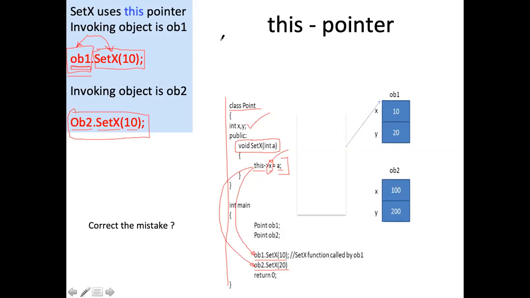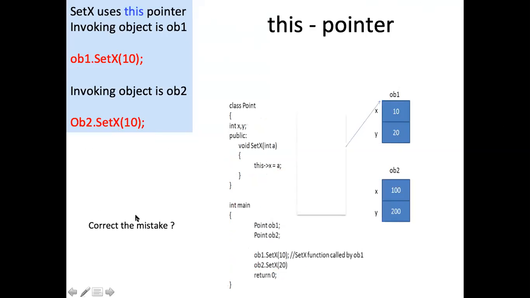Okay. So I'll just repeat this part for those whose connection might have been lost during the discussion. So this pointer always points to the parameters of the invoking object here. In this case, if I'm saying ob1.set, the invoking object is ob1, and this pointer would point to